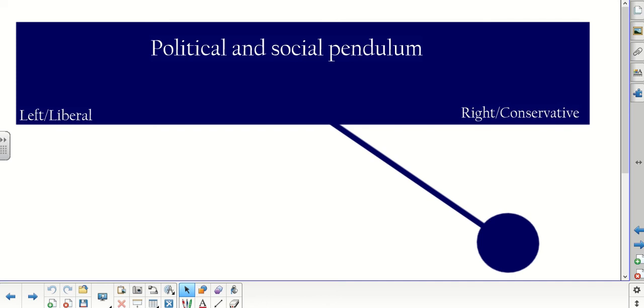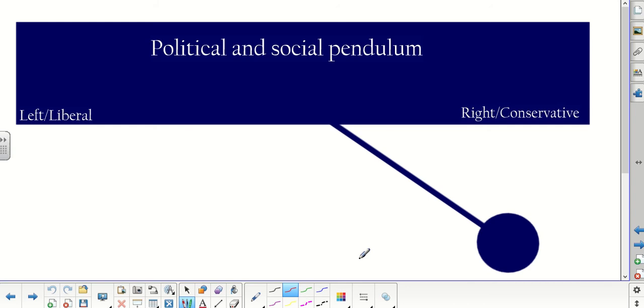Now, a couple graphic organizers. I've had this one up here, Political and Social Pendulum. To explain this next major event, one of the most important early events in American history, I wanted to show you this pendulum. It's not perfect here, but this is a common political and social trend that you are going to see.